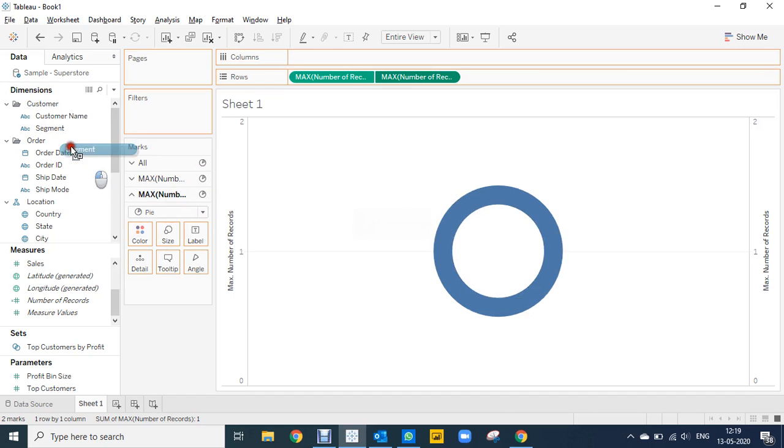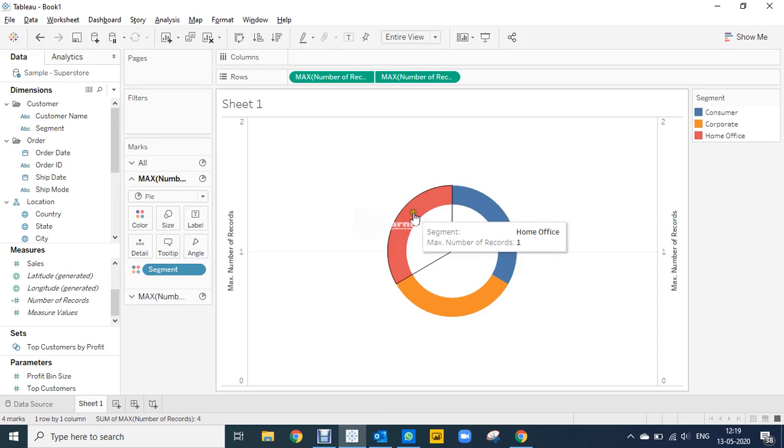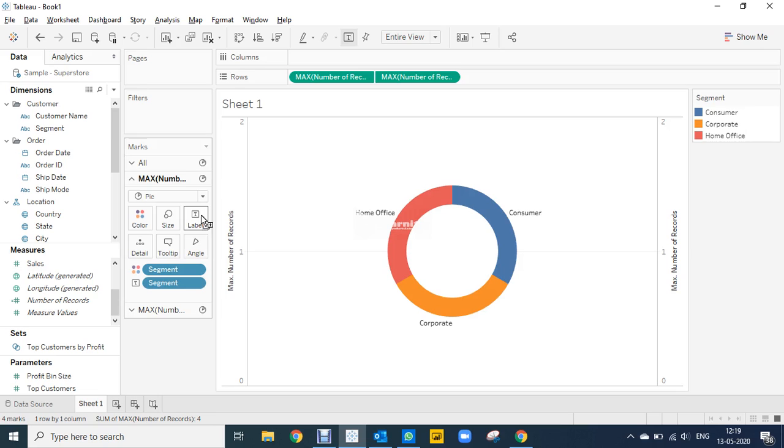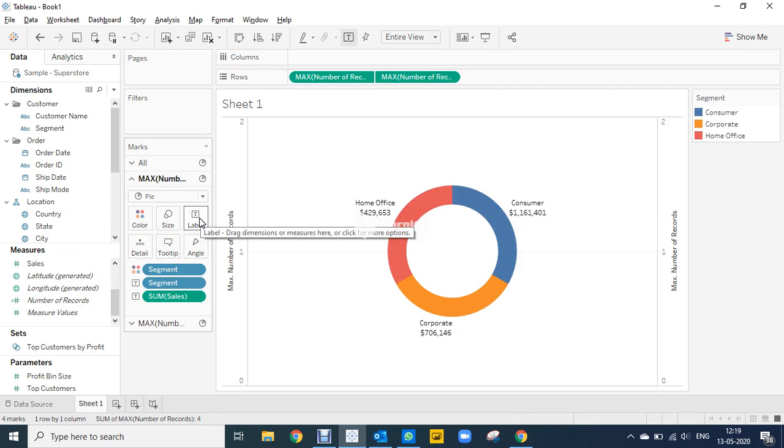Go to the first mark and put segment into colors, because we will be showing colors in the first pie chart. So this is the segment and I want to label the segments as well. So segment into label.